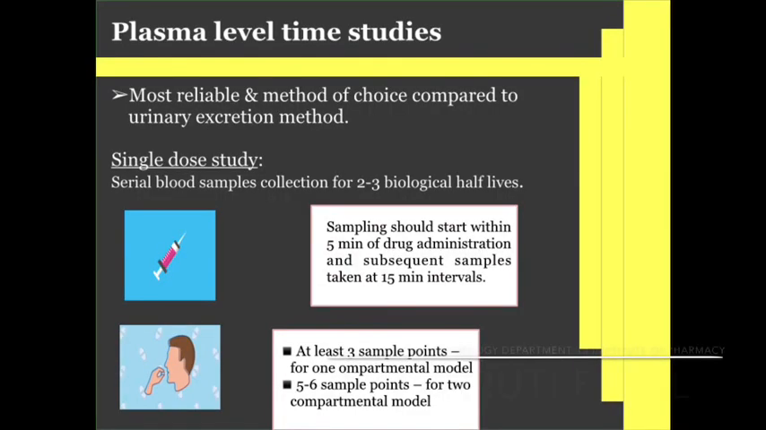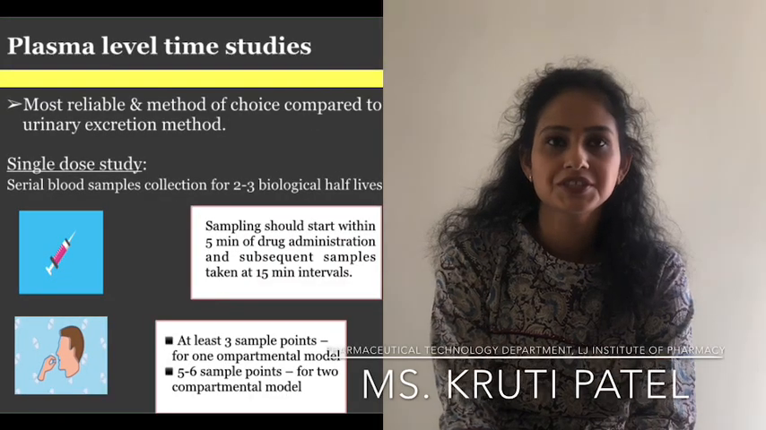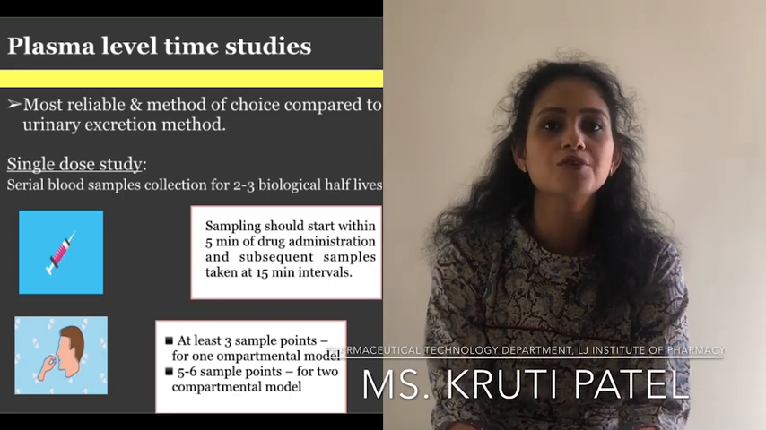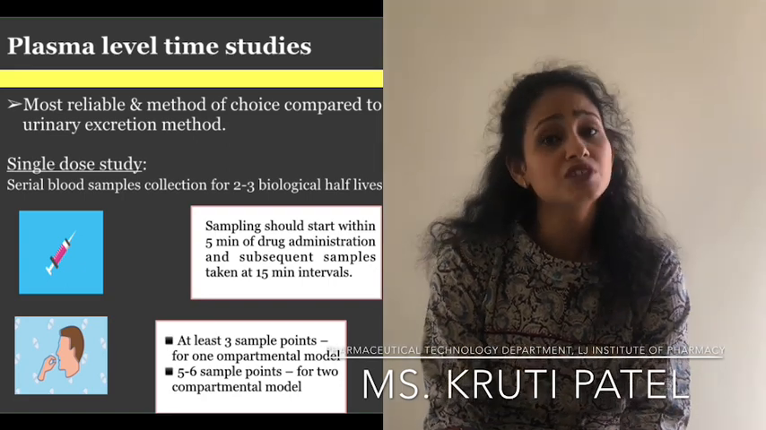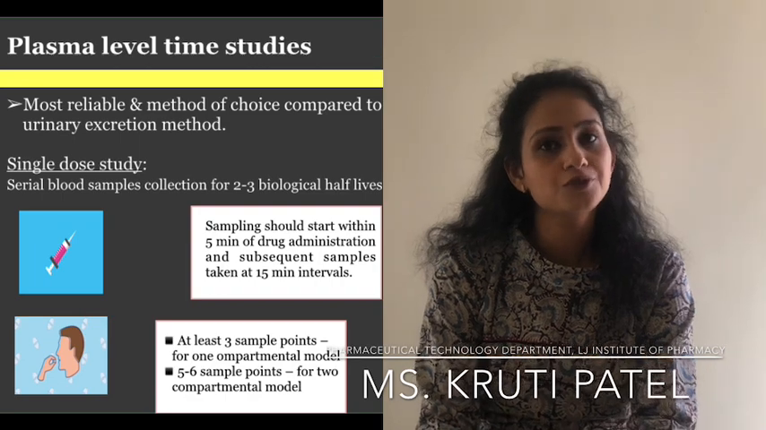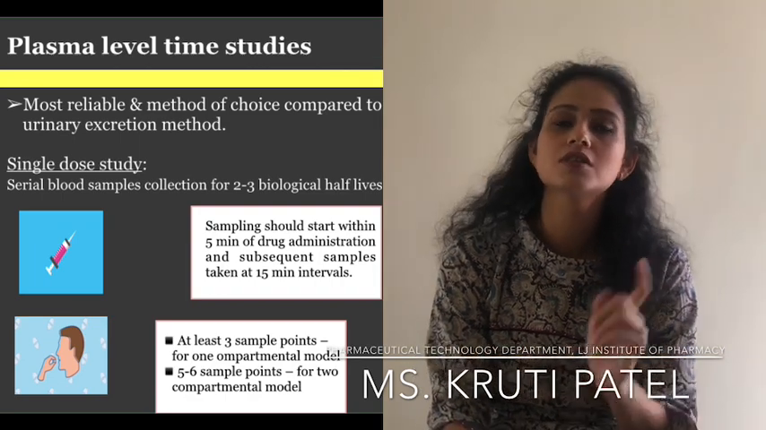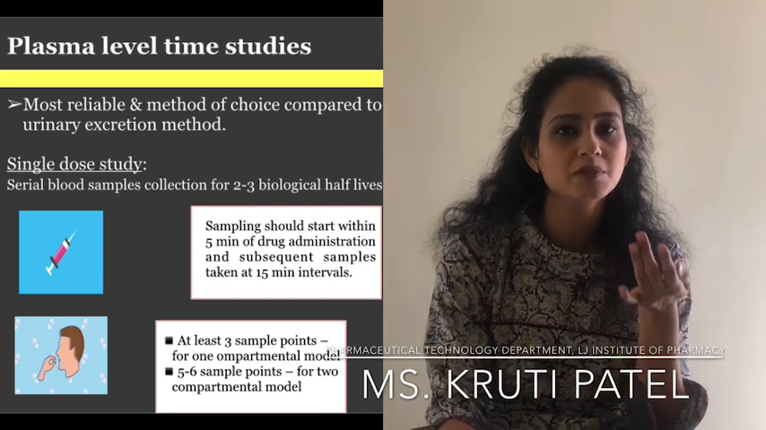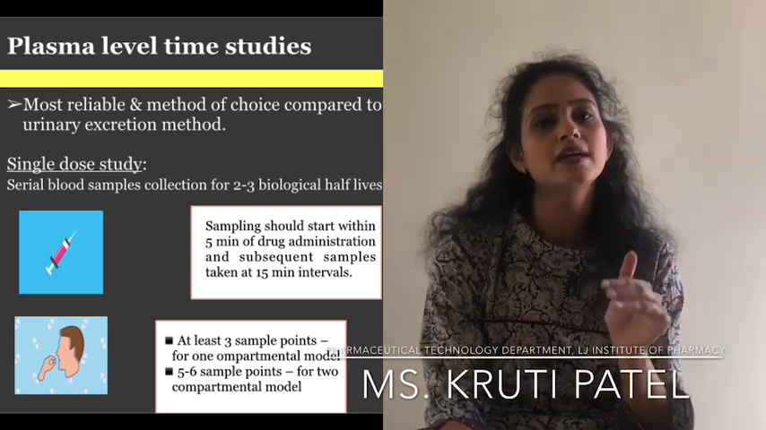Let's start with the first method, that is plasma level time studies. Now this is the most reliable method and the method of choice compared to urinary excretion studies. These studies can be performed by two different methods. First is single dose study and second is multiple dose studies. As the name suggests, single dose study means you have to administer one dose and then analyze how